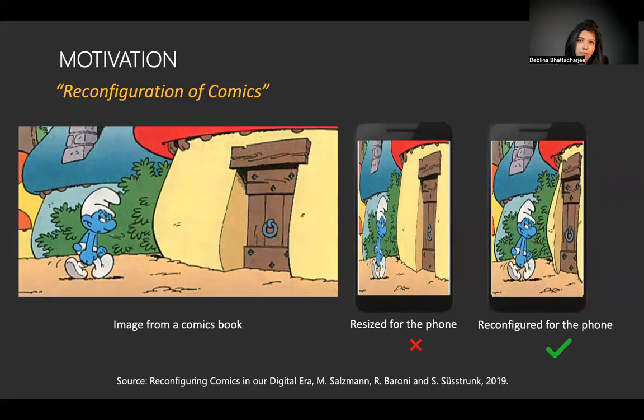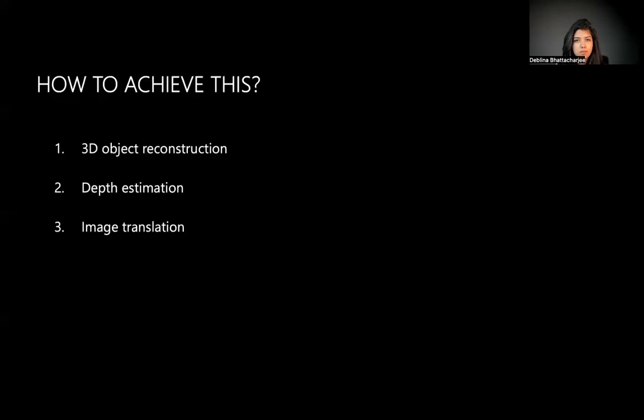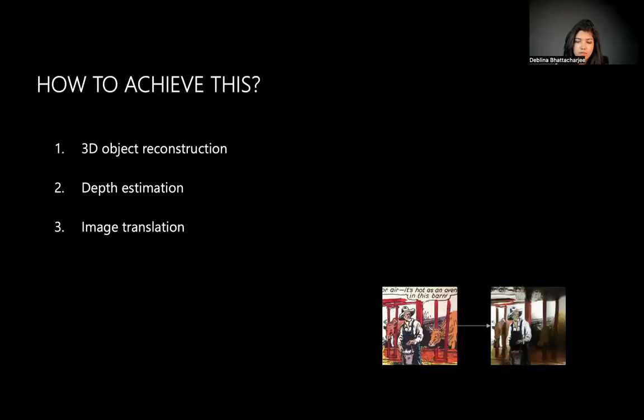Here, for example, the Smurf character is kept as it is, being important in the scene, and the house is reduced in area. Note that even this relatively simple example takes roughly an hour to manually deconstruct and reconstruct. We thus automate this process. So how do we achieve this? The workflow is as follows.